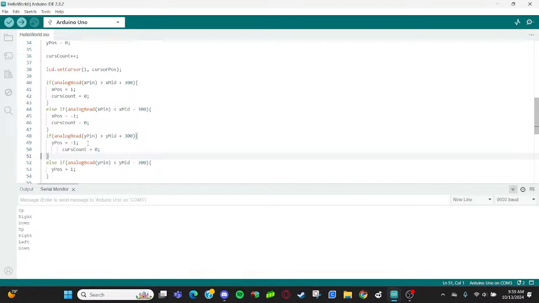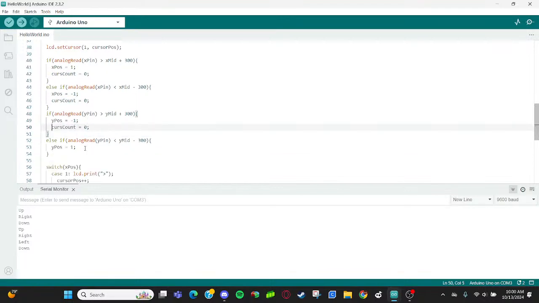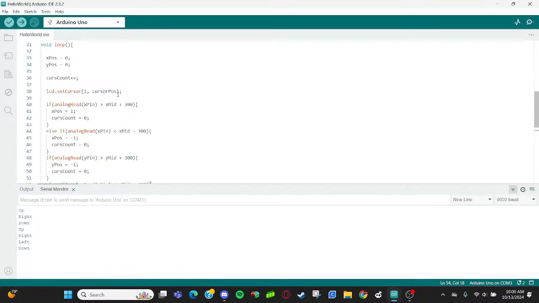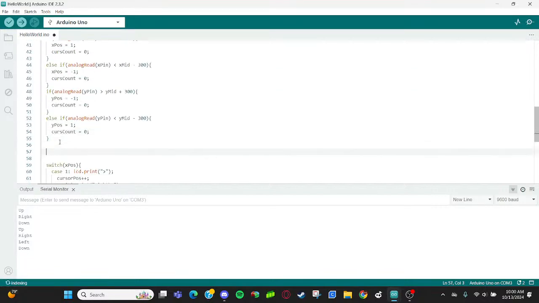So we can do lcd.clear and then wait stratagem and then set it to 0. There we go. So now we're going to make an if statement. We'll do it after this. If cursor count is greater than or equal to 3, then we're going to do this code here,